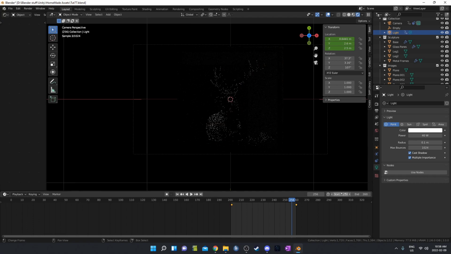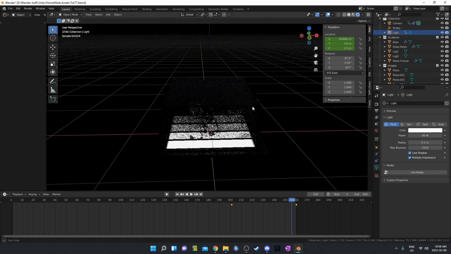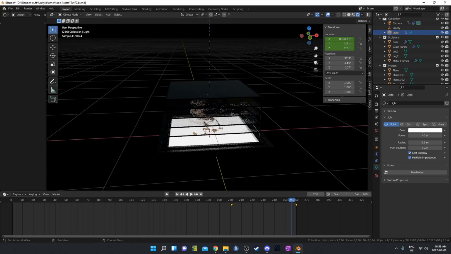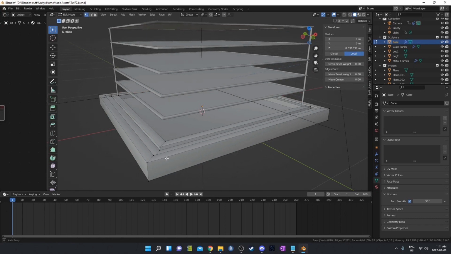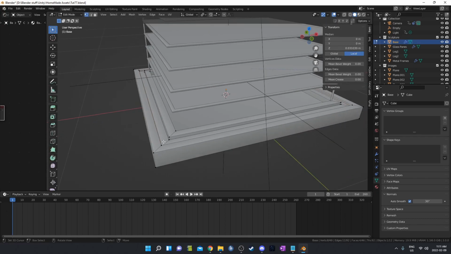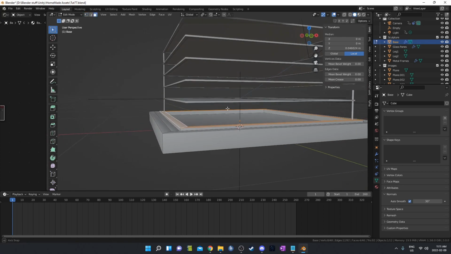So then all I did is I set it back to 1, and I rendered out the whole animation. And then basically you can just take the first 200 frames and reverse that animation and get where it goes back down here. After looking at some of my renders, I kind of prefer this base to be as plain as possible, because I'm kind of thinking it takes some attention away from the main detail, which is all this stuff here. So to reset all this here, I'm just going to grab these faces,